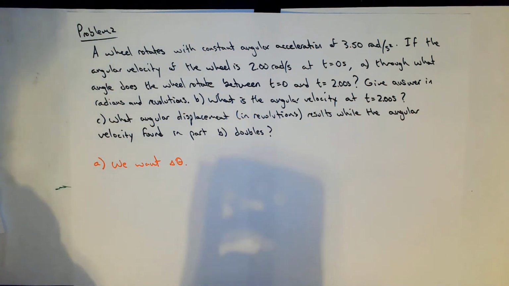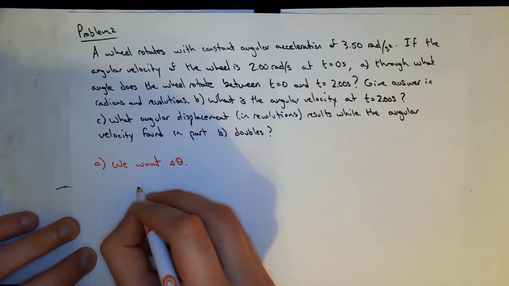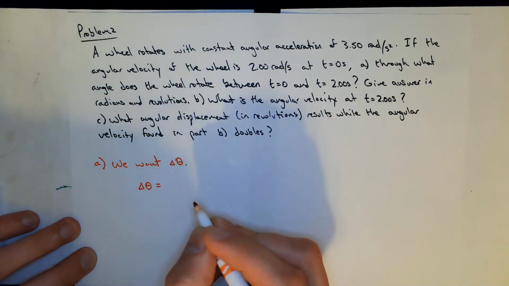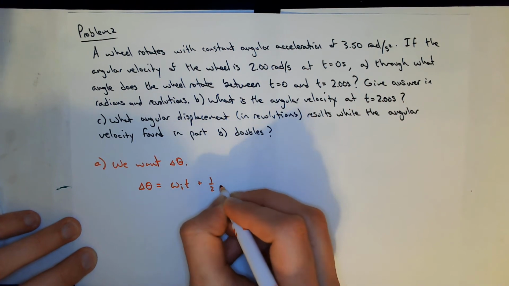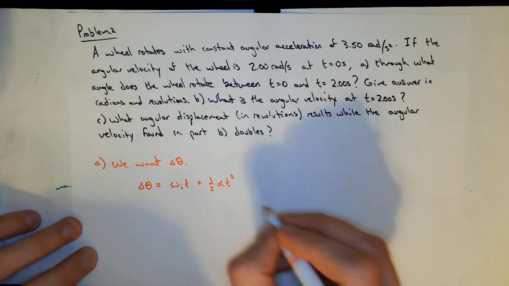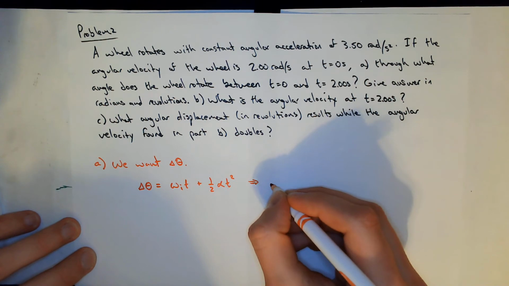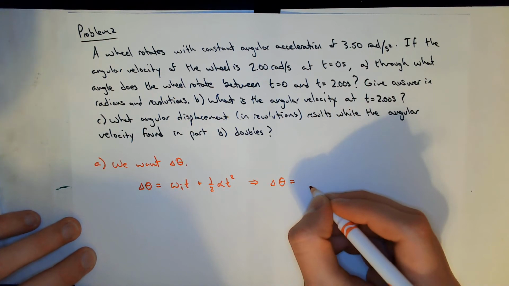Actually, we don't have any options. We can only use the middle equation because we don't know omega final yet. So we're going to use this equation. Delta theta is going to be